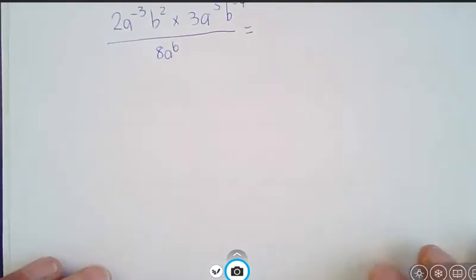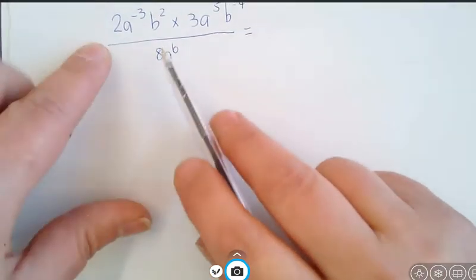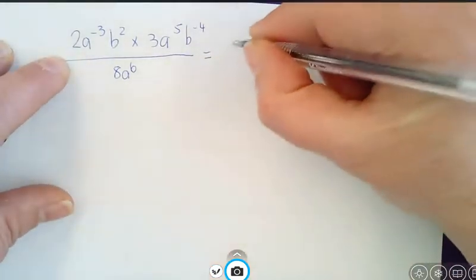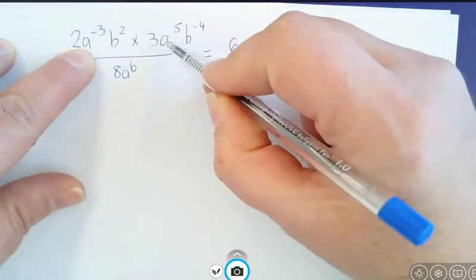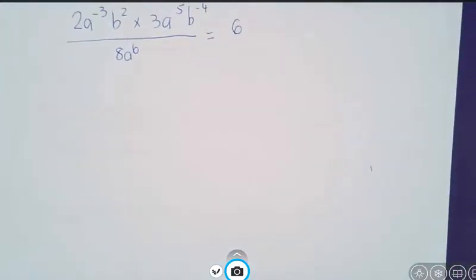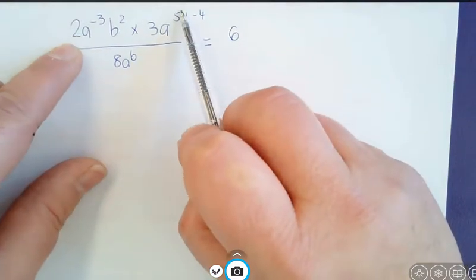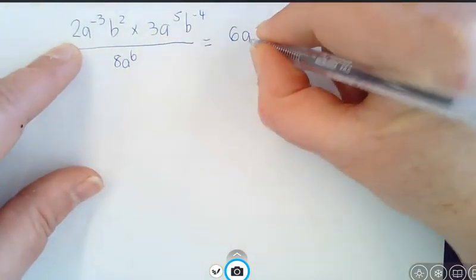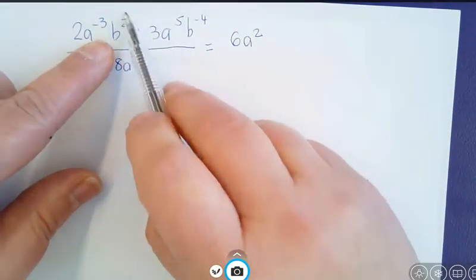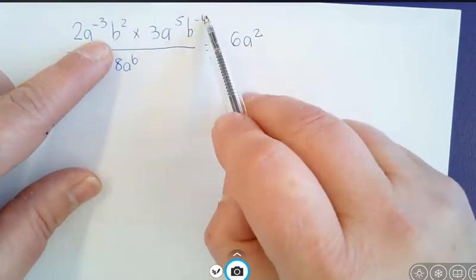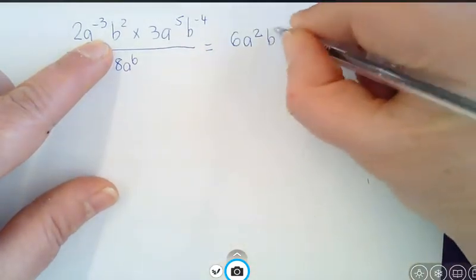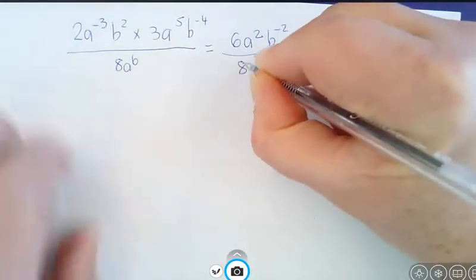Ladies, shh. Okay, there are 2 ways you could do this. The first method is to use index laws. So 2 times 3 is 6. A to the negative 3 times a to the power of 5. The bases are the same, so we add the indices. Negative 3 plus 5 is 2. Then we've got b squared times b to the power of negative 4. The bases are the same, so I add 2 and negative 4 and I get negative 2 over 8a to